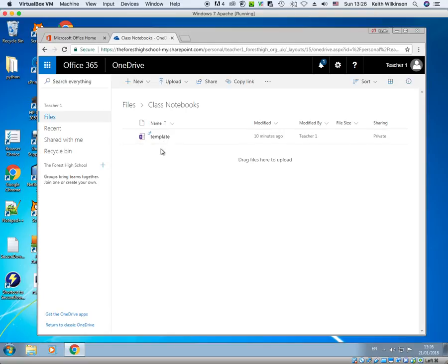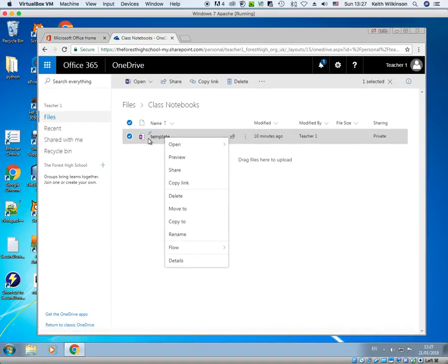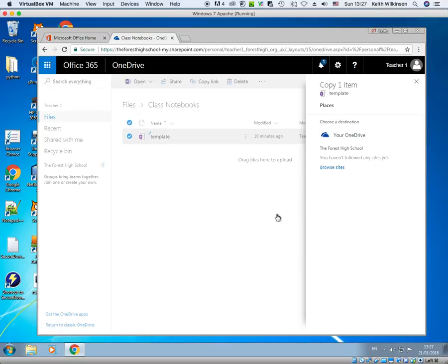If I wanted to make a year 7 notebook, rather than go back through the create notebook process, I can just choose to copy this file. So I've selected it and I can choose copy to, and then go to my OneDrive, into my class notebooks, choose copy here,